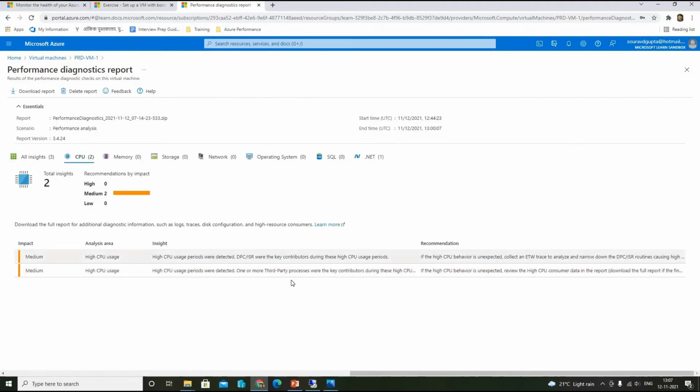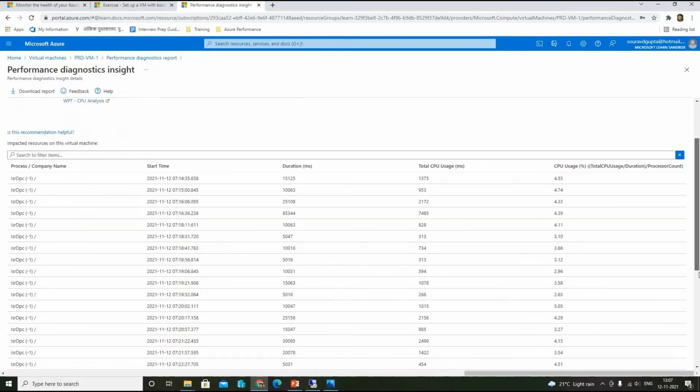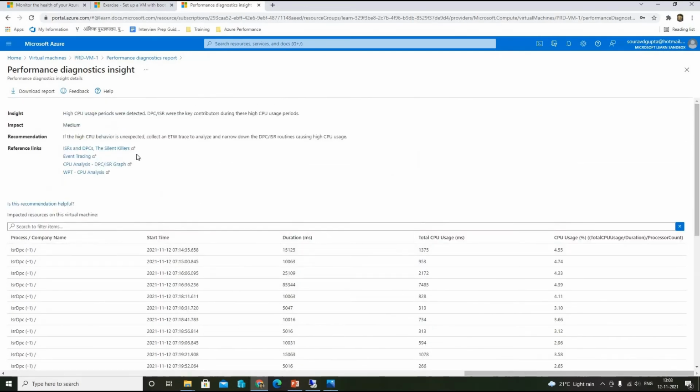If we go back and click on the first insight, you will be able to see the impacted processes that were detected during this diagnostic. This has actually been caused because of the third-party tool, the CPU stress tool that we are running.